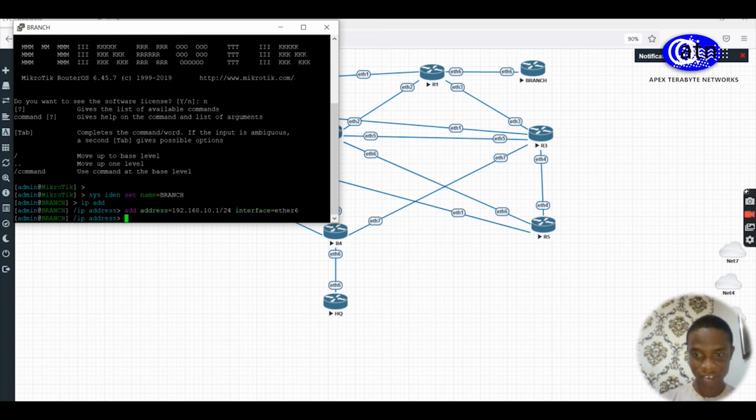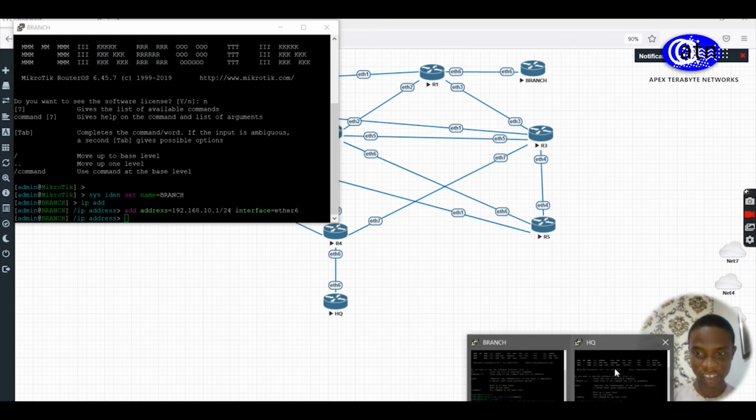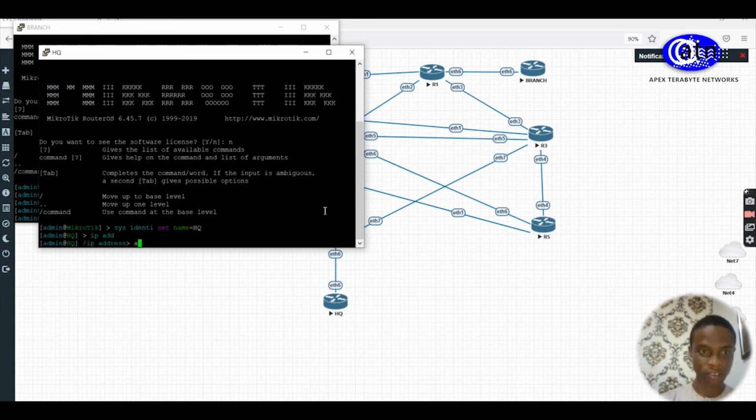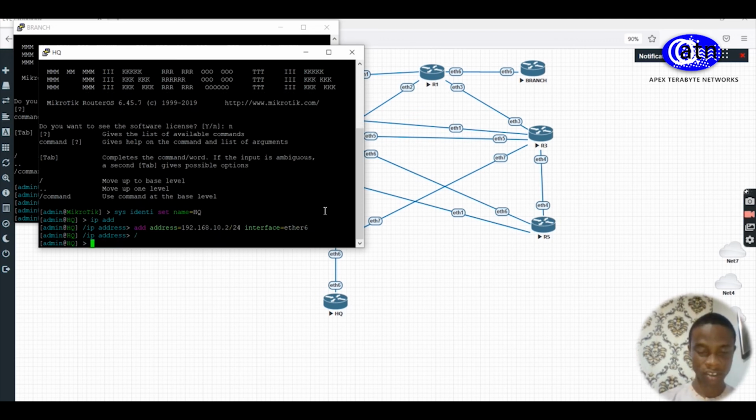I'm supposed to set the HQ to be on .1, but just for practice purposes, I have to set them at the HQ now. And interface 6. So let's see if from here,